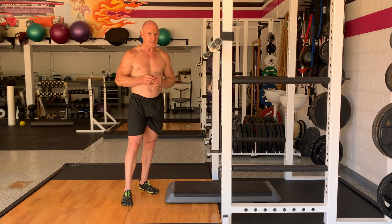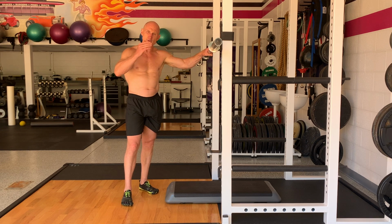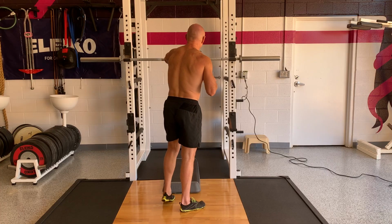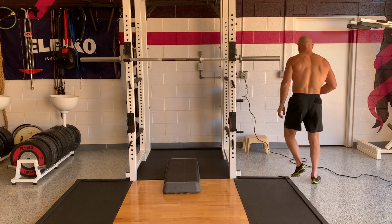So it's a wise idea to start this exercise just with body weight. Build yourself up to 3 sets of like 8 to 12 or even 16. And once you can do that without getting sore, then go to an empty bar and then build up from there. Now what it looks like, I'll put a little bit of weight on there just so you can get a feel for it with,